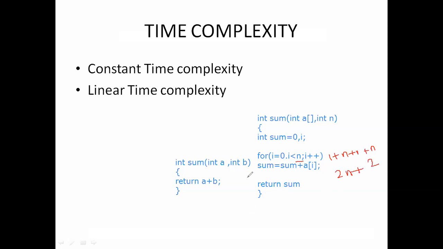Okay, so see here, this is the body of the loop. So how many times will the body of the loop repeat? n times. Here how many constants are there? i and sum, so 2 constants, 2n. So the total complexity of this is 4n plus 4... so 4n plus 2. Okay, the sum of these two we got is 4n plus 2. So the time complexity for this algorithm is 4n plus 2.